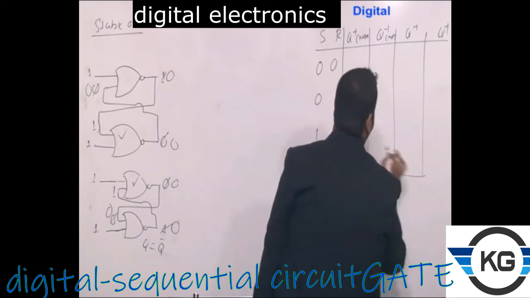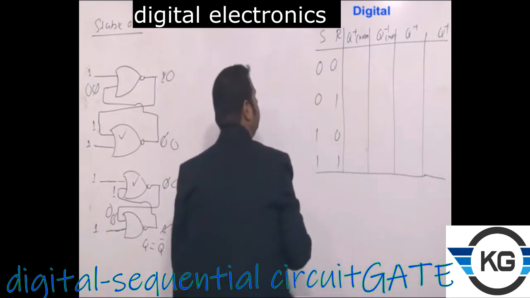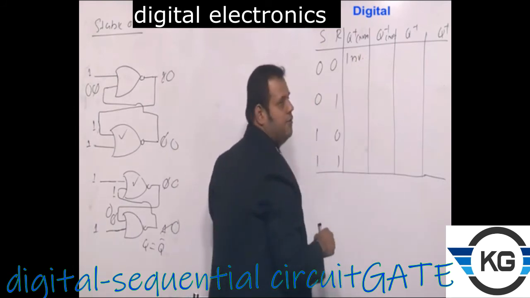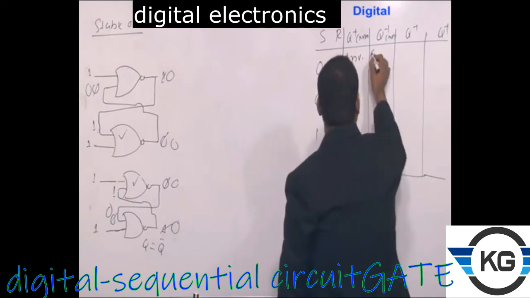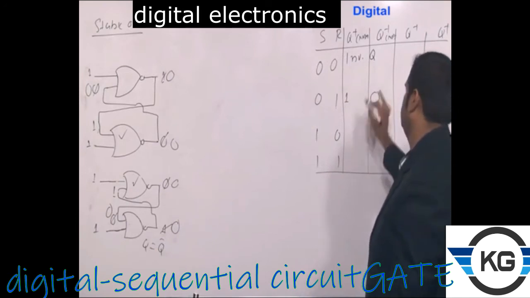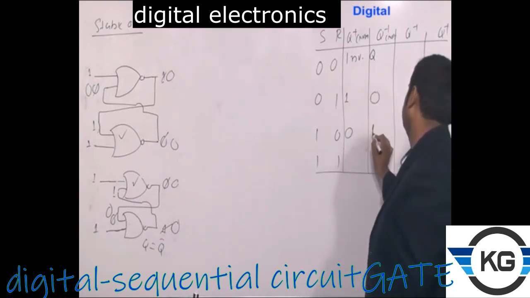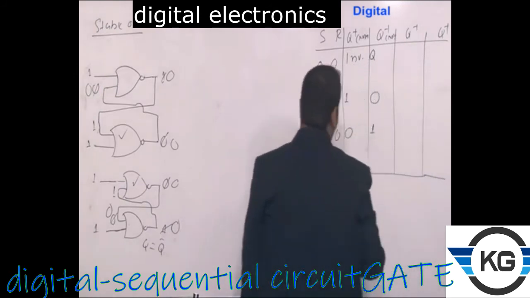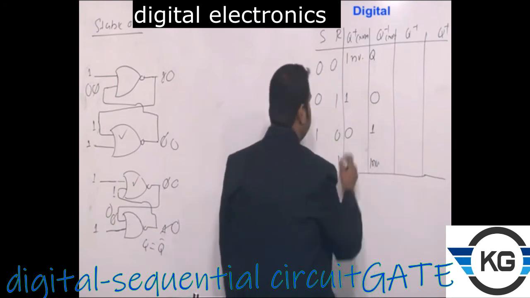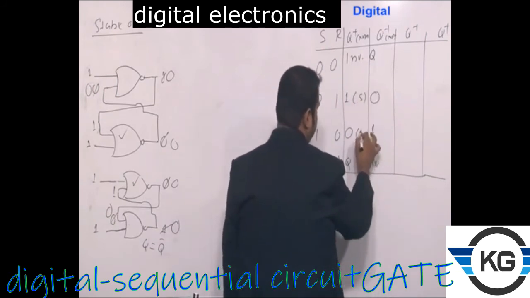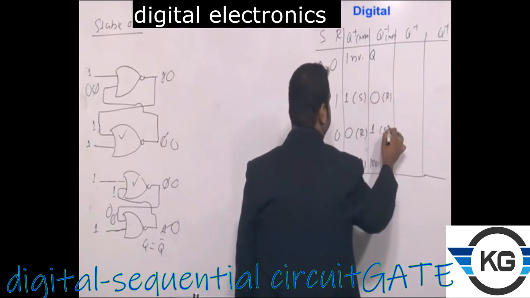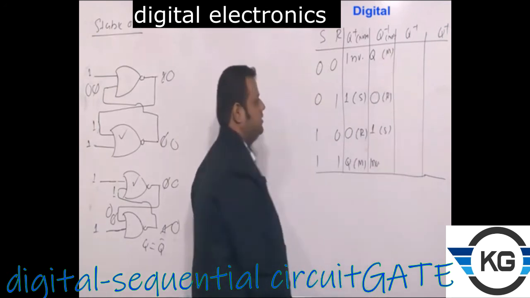With respect to 0 0, if you remember, we got this as invalid state in the NAND latch. However, here I got this as Q. With respect to 0 1, I got this as 1. Here I got this as 0. With respect to 1 0, I got this as 0. Here I got this as 1. With respect to 1 1, here I got Q, but here I am getting this as invalid state. Technically, when the output is 1, I am naming this as set. I am naming this as reset. I am naming this as memory. Here again this is reset, this is set, this is memory state or hold state.